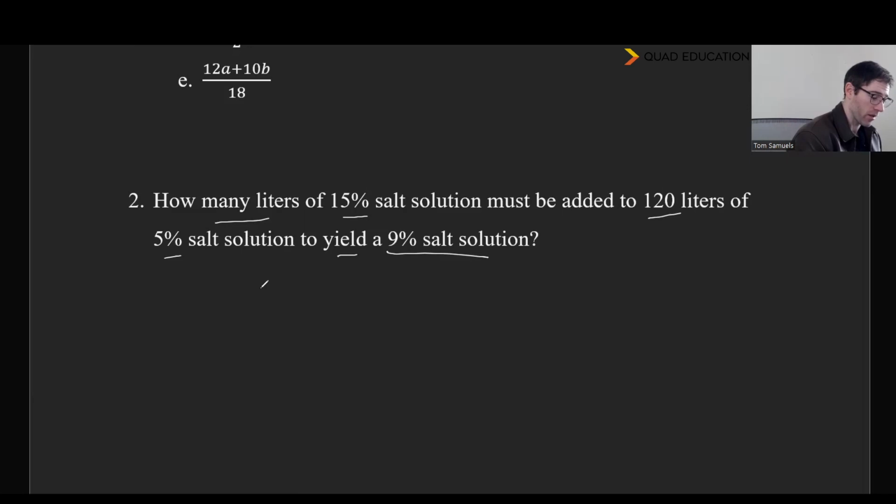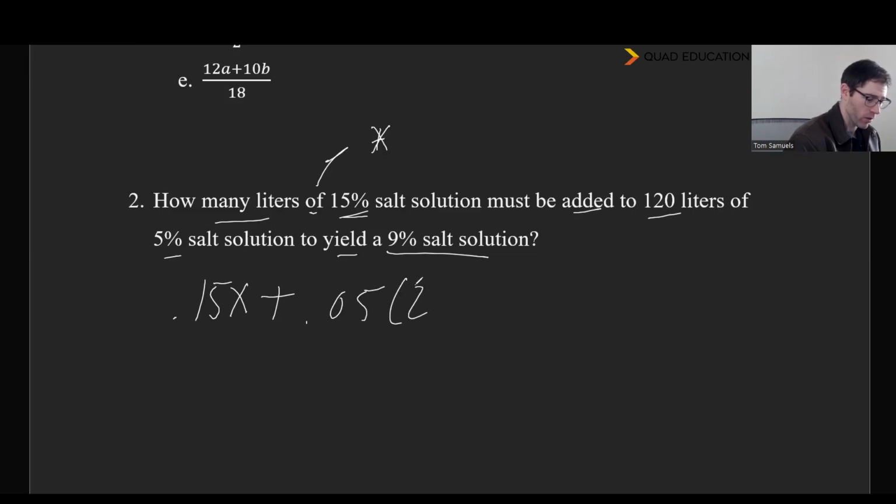So how many liters? So what I'm going to call that is X. The word "of" is going to mean multiply in this case. Usually the word "of" by itself in these tests is just going to mean multiply, just a good pro tip. 15% salt solution, I'm just going to express that as 0.15. So 0.15x must be added to 0.05